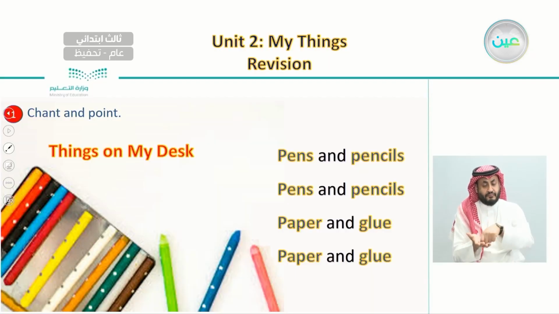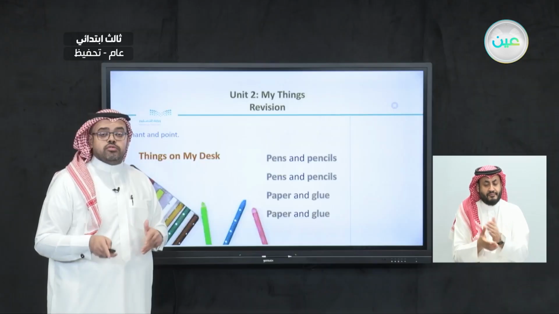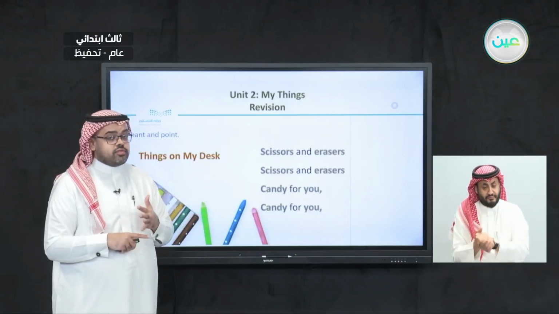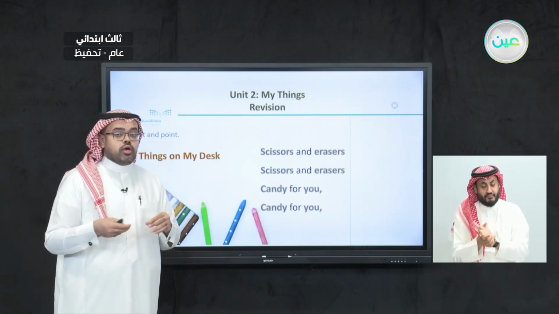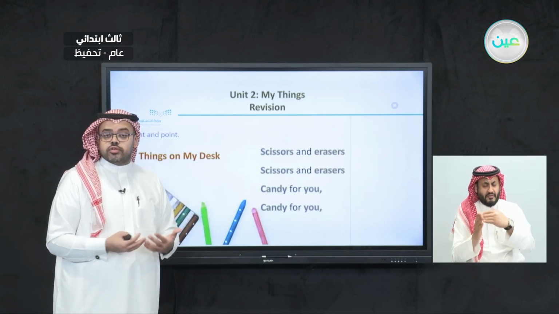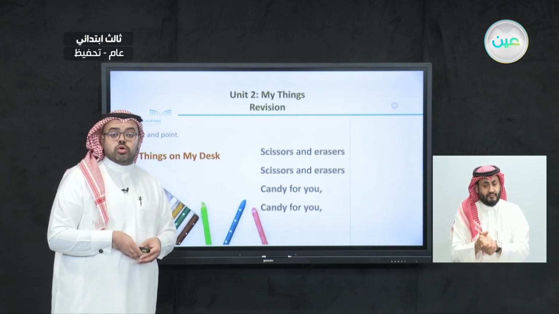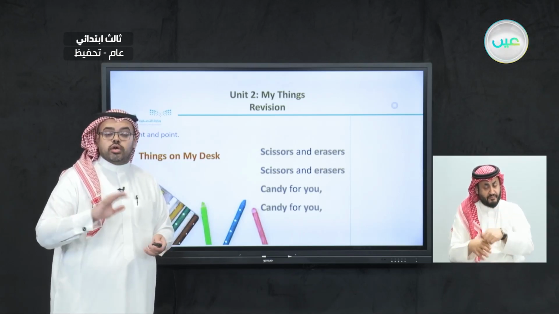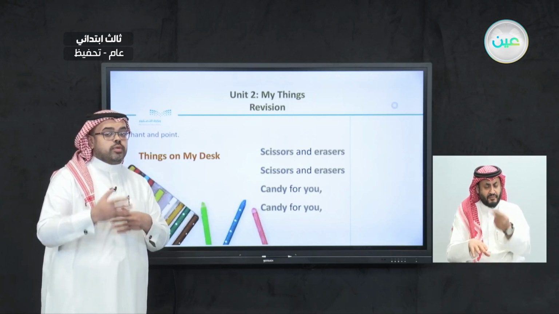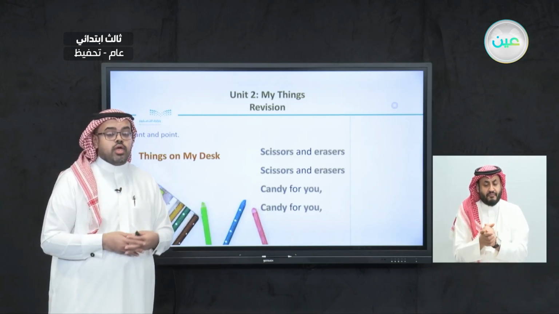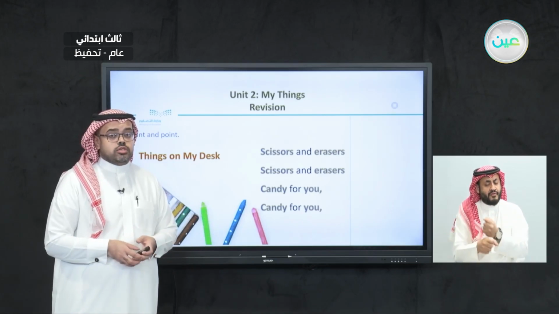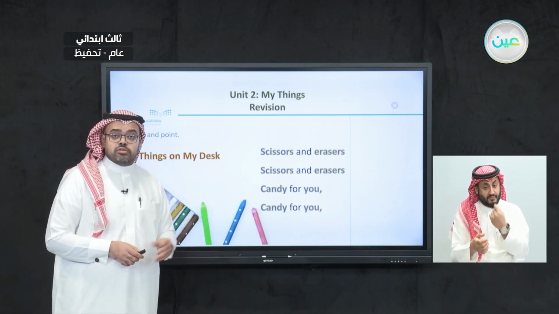Also glue, when you are trying to make art with these papers, to stick them together and also to make different shapes. And you can do this by using scissors, of course, which is the fifth thing, using scissors to reduce shapes and sizes of different papers, and also erasers, because when you draw, you need erasers to erase what you draw and to make the perfect drawing. And after you do all this, the thing you need most is a piece of candy.